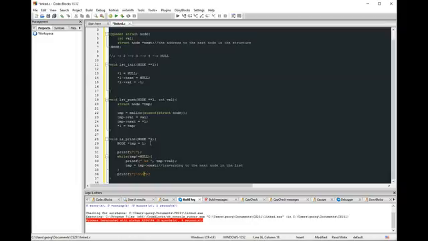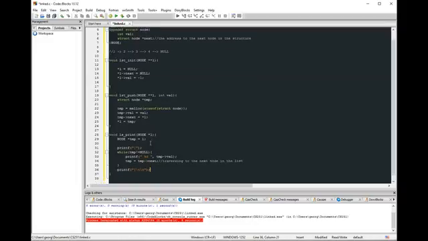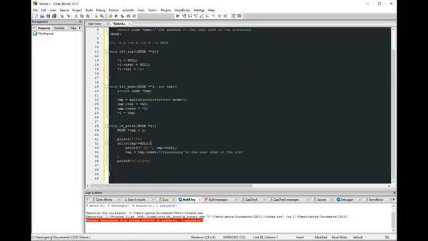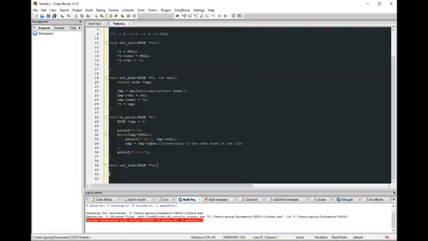Let's have a new line character just in case we need to print something else. Too many lines actually. Alright, and now we're going to have a list free, something to free the list, because we don't want to be bothered with that in main. We just want something that we can always use. So we're going to have a function called list free, and it's going to take in a node double star, call it L, and